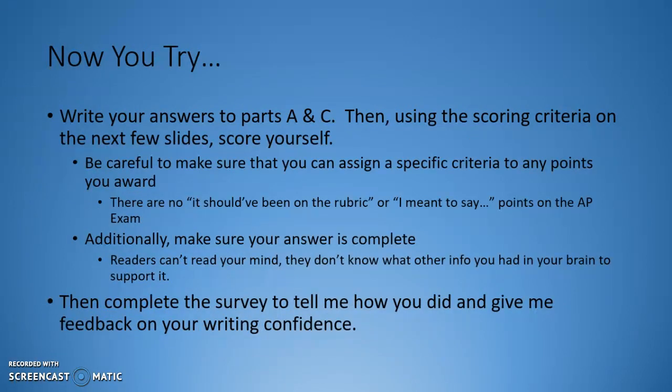Okay, what I'm going to have you do is go ahead and write the answers to parts A and C, and use the scoring criteria to score them. You'll go back to the assignment in Canvas to do that. Be careful that you can assign specific criteria to any points. There are no points on the AP exam without it being on the rubric. Make sure that your answer is complete, and we just talked about what that meant. Once you're done with that, go ahead and complete the survey, and